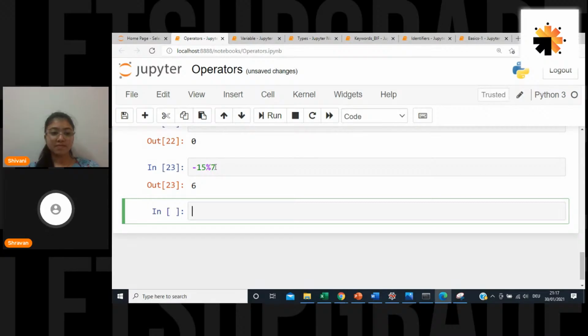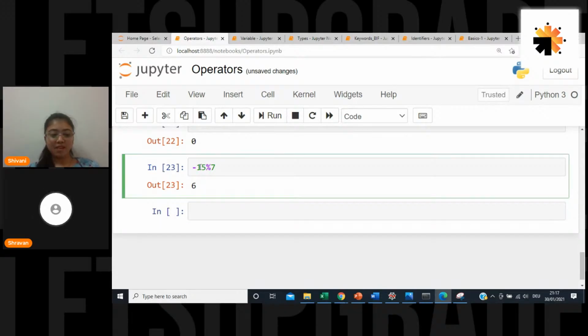So if it goes 7 into -2, it is -14, right? So -14 is greater than -15. It has to go for a multiple which is less than -15, so that is nothing but -21. So -15 minus -21 is nothing but 6. So you will be getting 6 as your remainder. This is what people have to remember whenever they want to work with negatives.